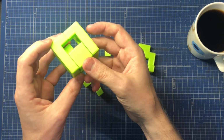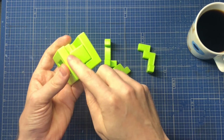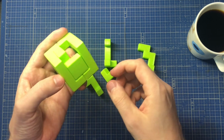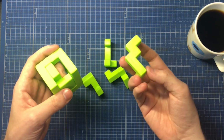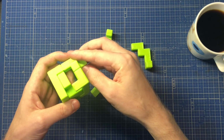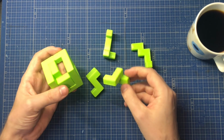It could be one step this way. Or it could be like this, where this tadpole's tail also comes to the outside. In that case, something would have to fill here. This piece seems like it...